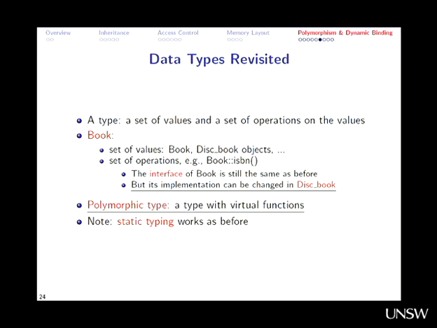Yeah, so you've got plus, minus, multiplication, division, modulo, all that sort of stuff. They're functions. They're also part of the type, okay? So the type is not just the values, it's the operations that can happen on it, it's the functions that can happen on it. In exactly the same way, a book